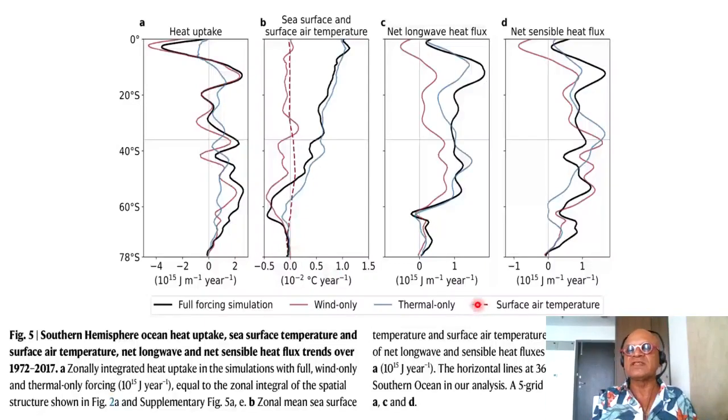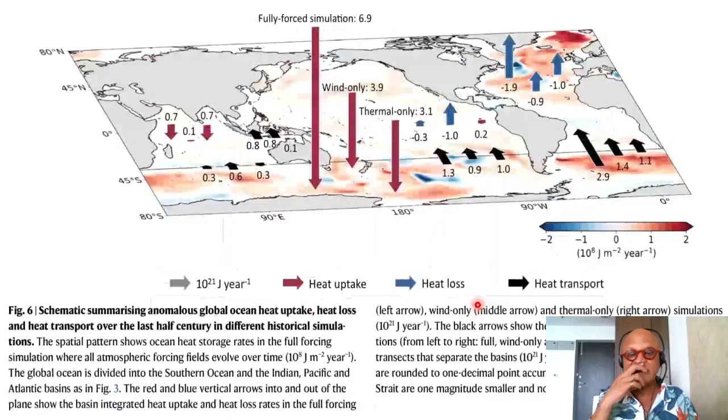So those kinds of details have to be worried about when you look at the sensitivities of regional heat uptakes, because those then determine where the energy is stored and where the transport is taking the heat, right? So let's just summarize. This is the transport, with the numbers in 10 to the 21 joules per year. This is the heat uptake in the reddish arrows.